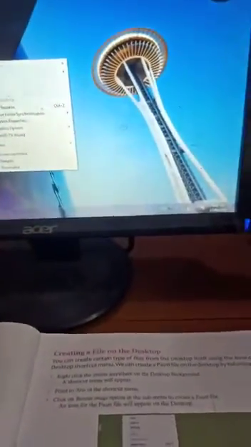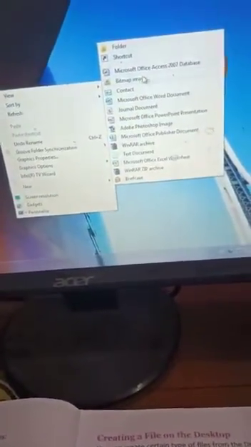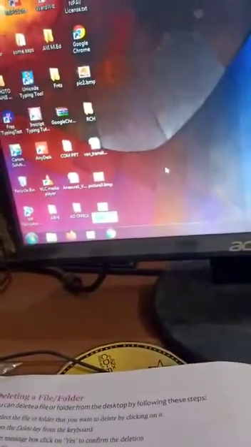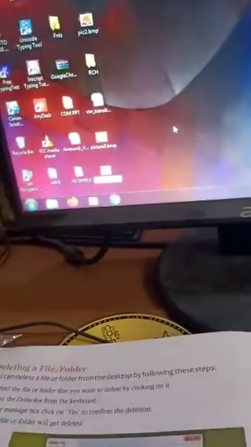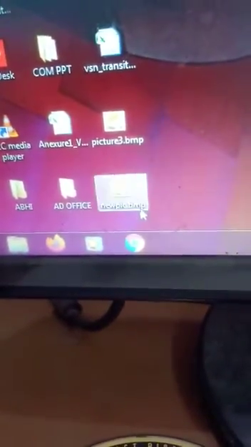One more time I will show you: right click on the desktop, select the New option and select Bitmap Image. Then the file is created here, and you type a name for that file. I have typed New Pic. Then the file is created, the New Pic file, with the name new pic.bmp, a paint file created on the desktop.